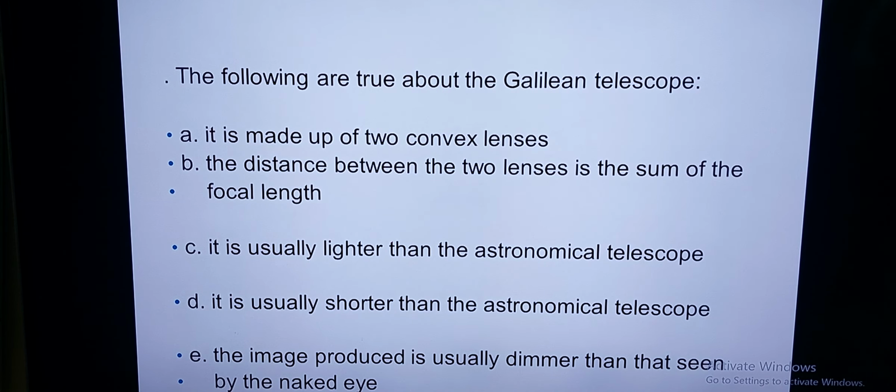A और B false and the rest of them are true. C, D and E are true. Usually lighter होता है than astronomical telescope. Usually shorter than the astronomical telescope and the image produced is usually dimmer than that seen by the naked eye. तो A और B सिर्फ false होंगे, बाकी सारे true हैं।